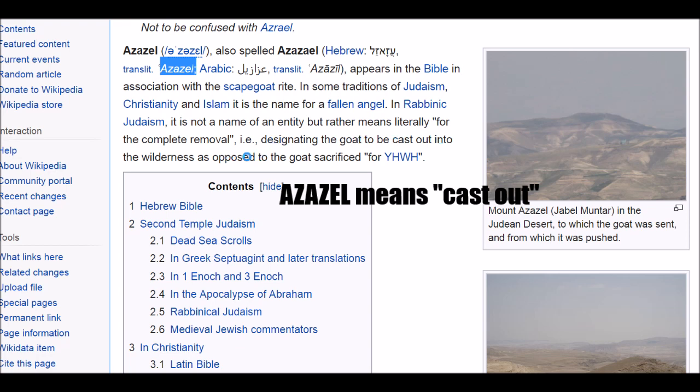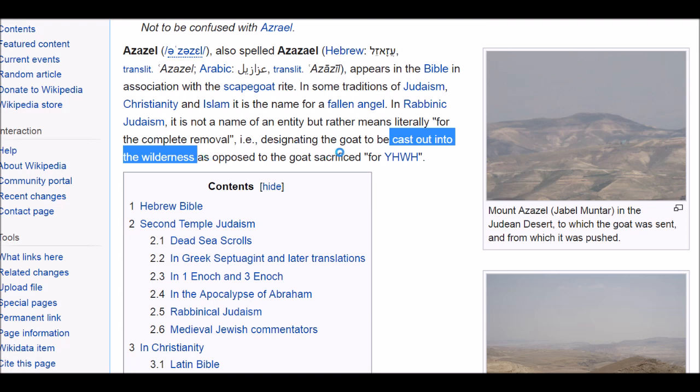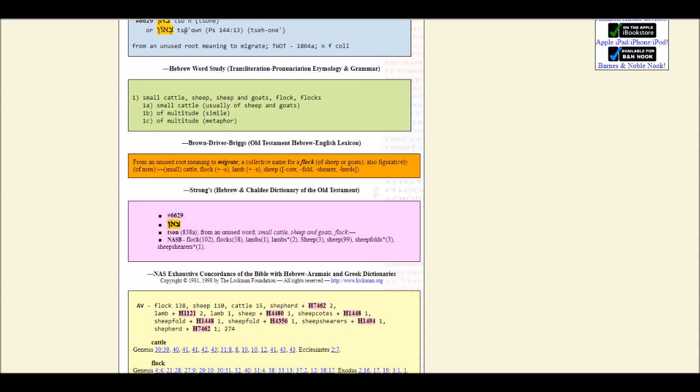Because this animal was removed or cast out into the wilderness, just like Azazel, the fallen angel, was cast out of heaven. It was so unclean, it was cast out. Now Mark and I looked all this up, and the Holy Spirit was running, and all of this was revealed to us as we began to talk about and reflect on all this stuff.